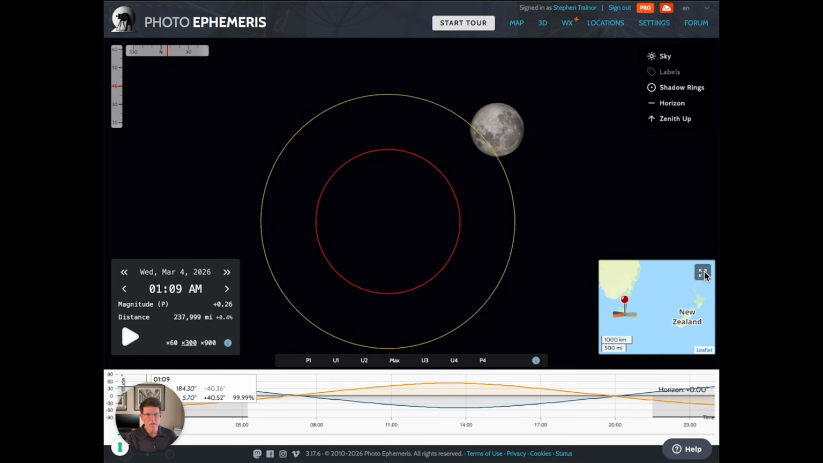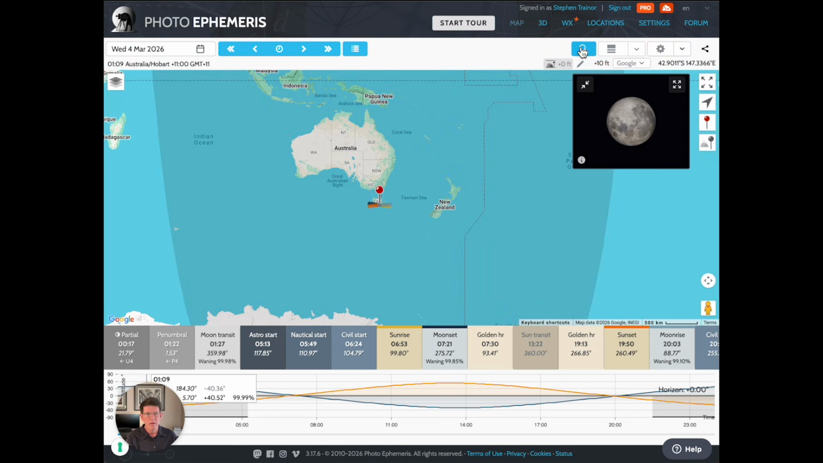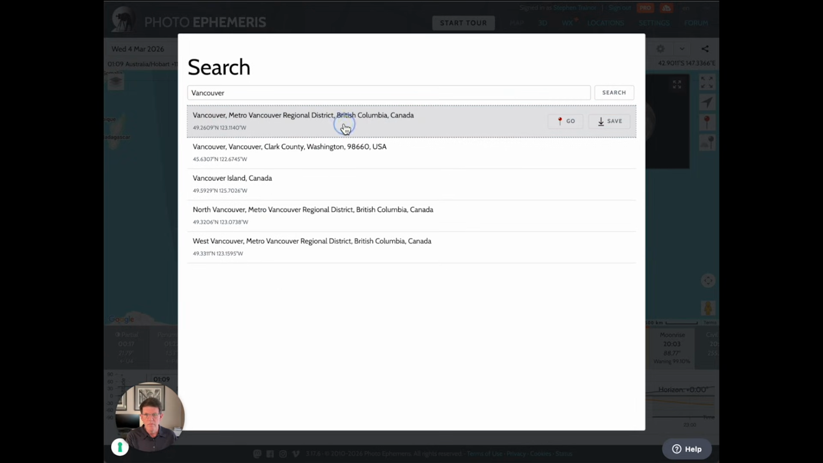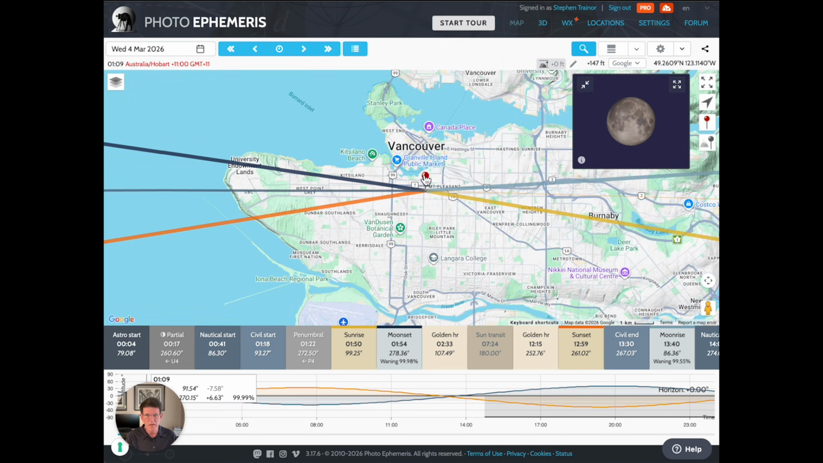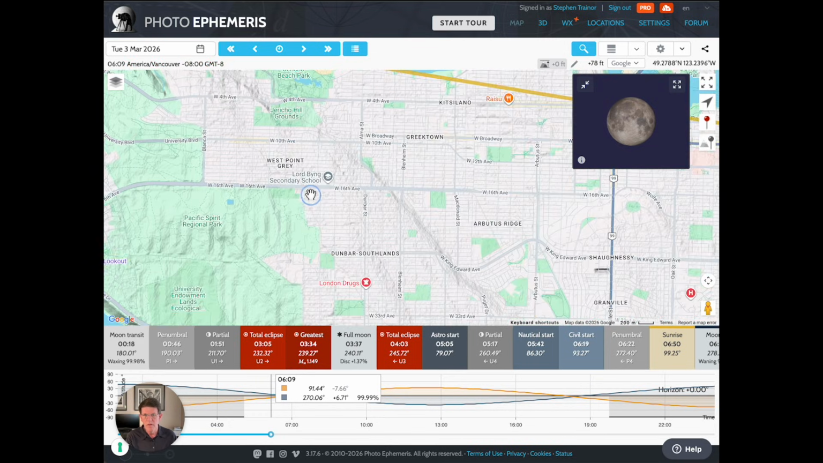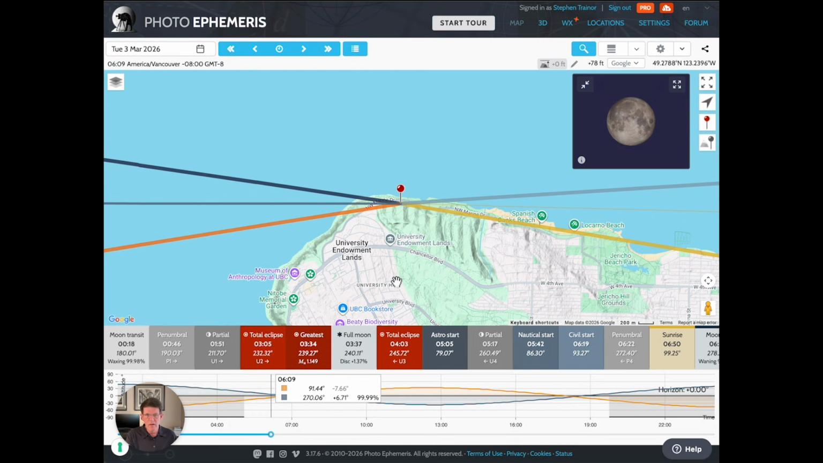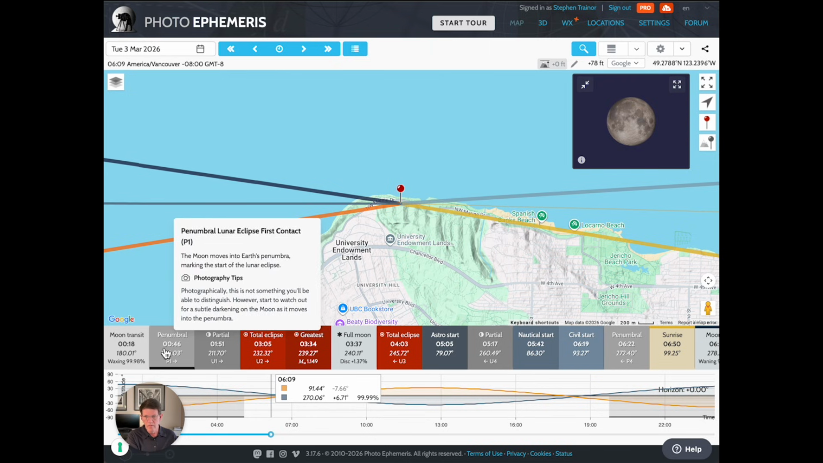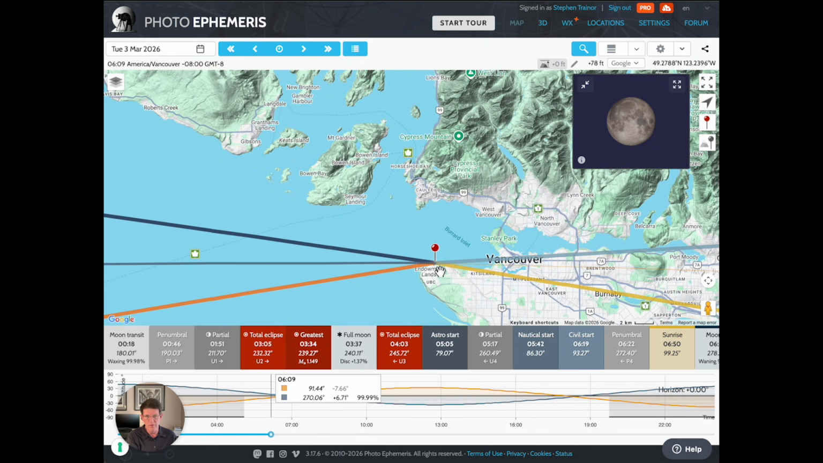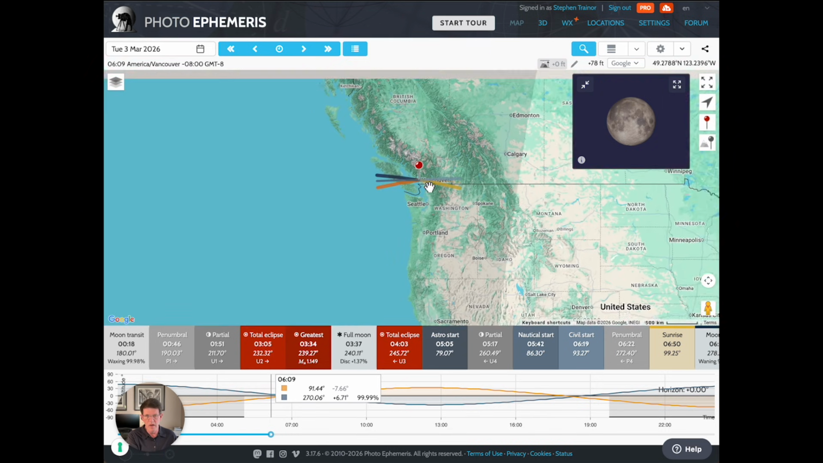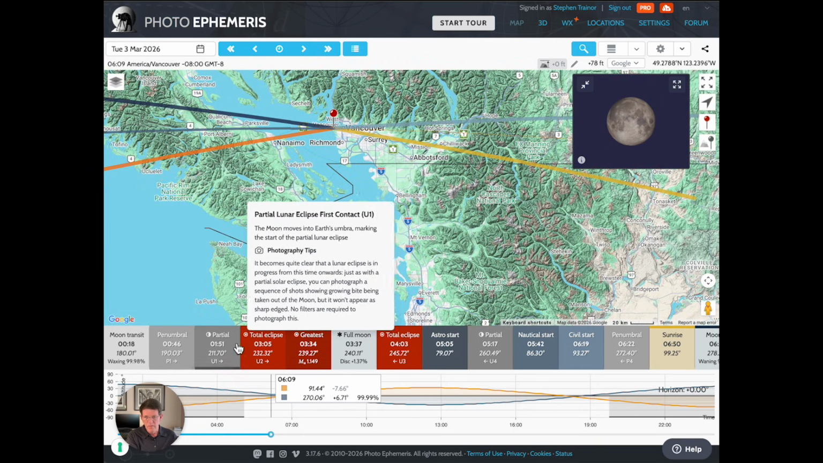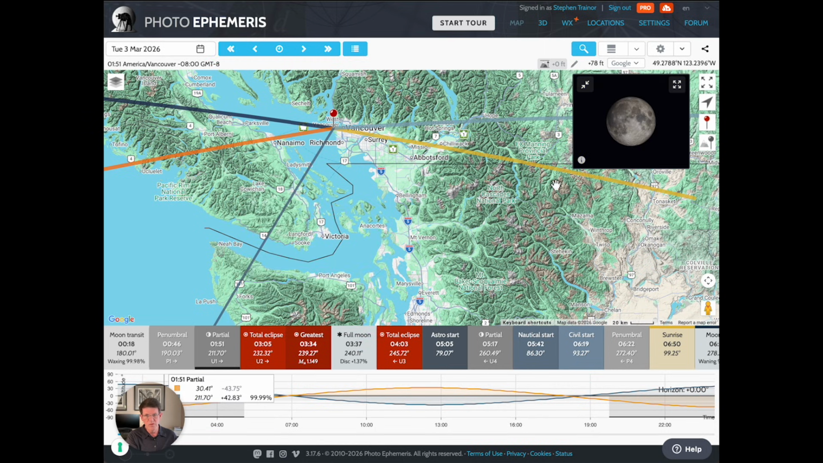Okay, let's try another location. I'm going to expand the map. Come here, we'll have a look at Vancouver. Doesn't need to be exact, but let's imagine we go somewhere here on the waterside. And notice the timings now. This eclipse is happening overnight on the west coast of North America. Just zoom out so you can sort of see where we are there. There we are, Vancouver. And what that means is that, let's say when the partial eclipse starts, the moon is